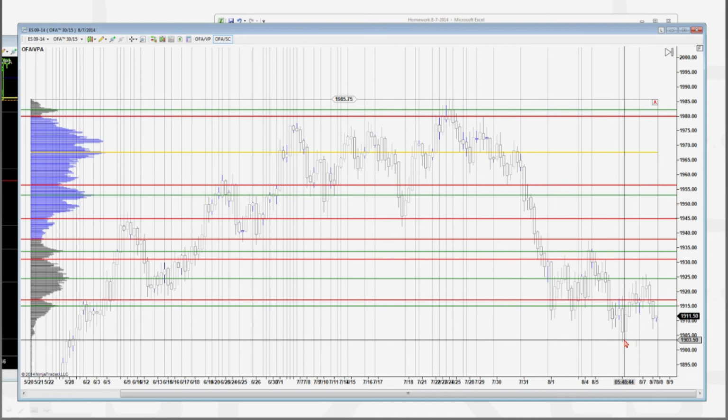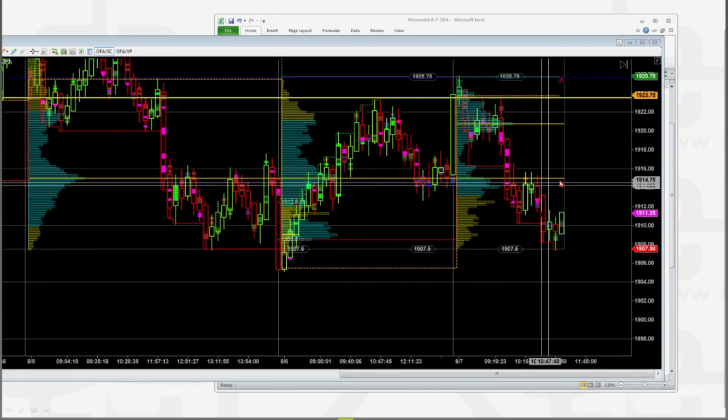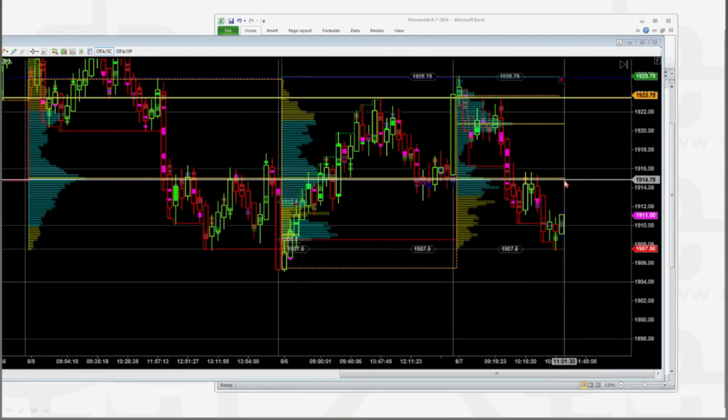1903.50, 1903 quarter. The other scenario is, what if price opens up right where it closed? What if it opens up at 14.75? Well,